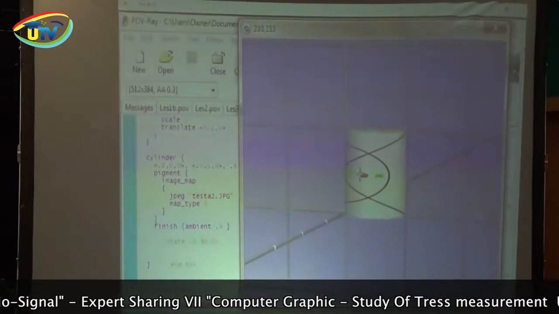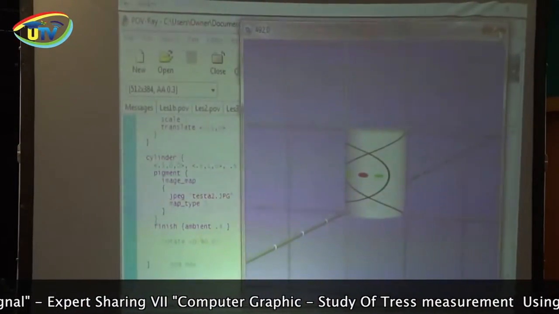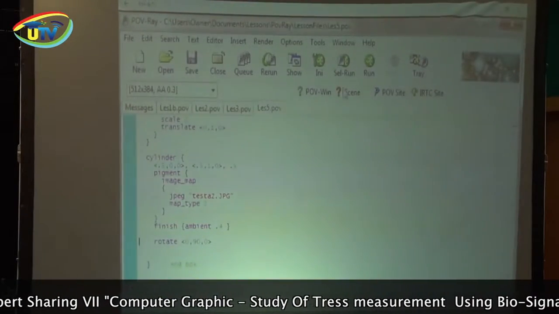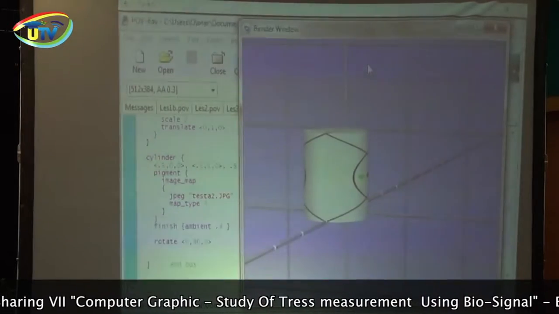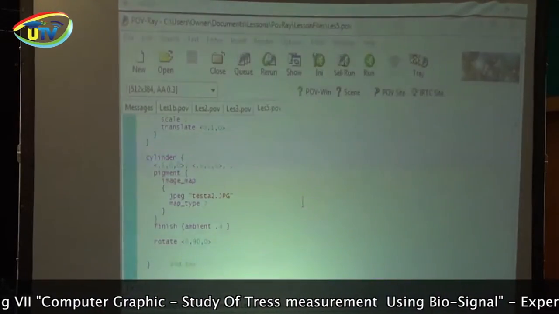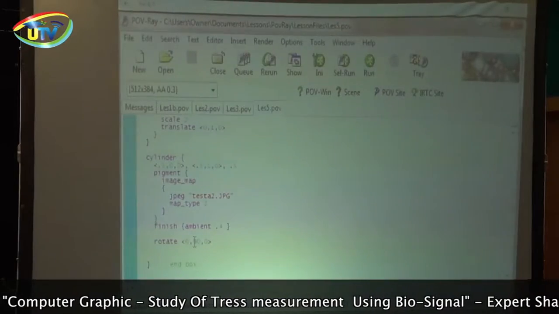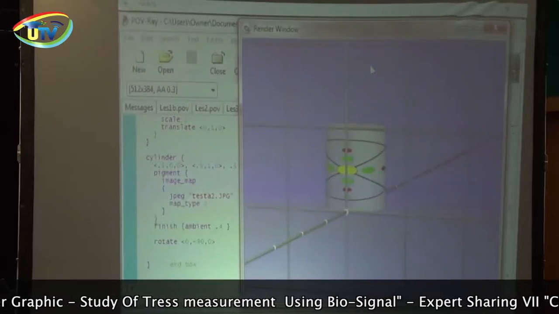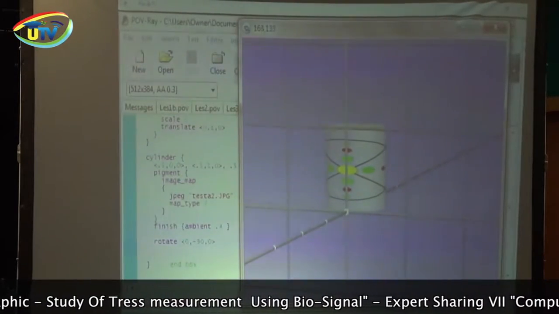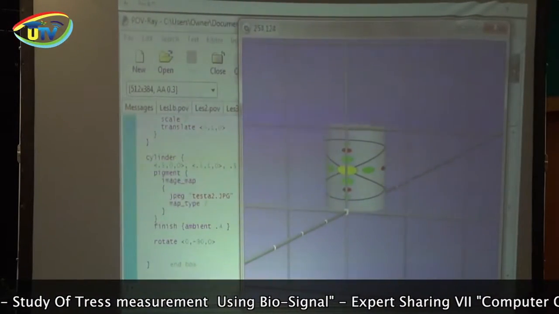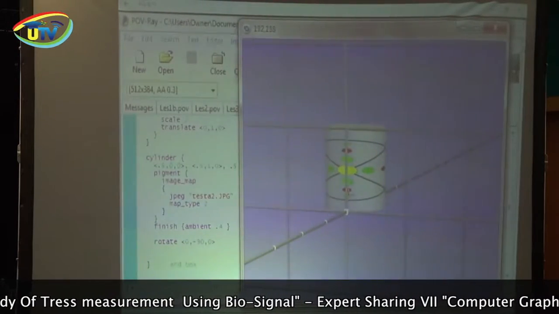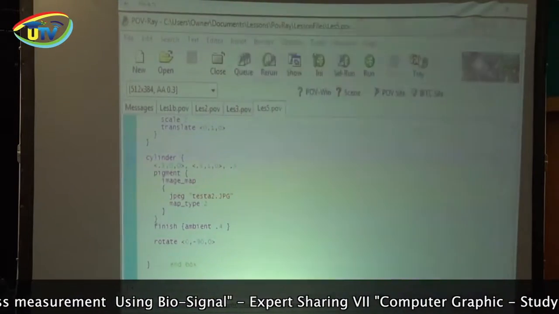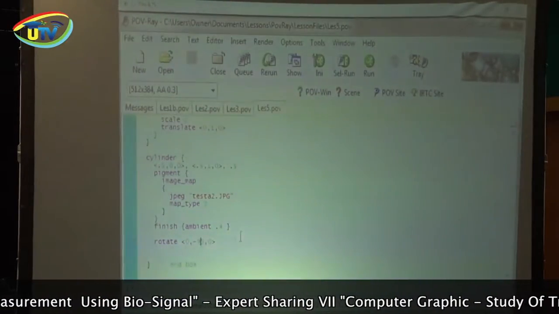Now you can see that something very strange is happening. Let's rotate it through 90 degrees, maybe get a better idea of what's going on here. Oh, 90 doesn't really show what's going on. Let's try negative 90 degrees, maybe 180. Aha! So what's happening is that entire image is being wrapped around the whole cylinder, and we should see the front side and the back side of that image. If we rotate it, say, 180 degrees,